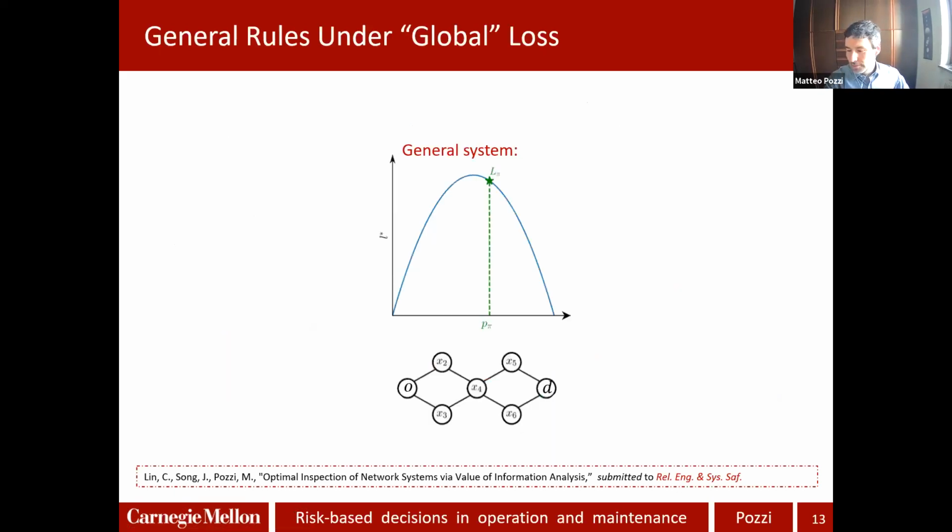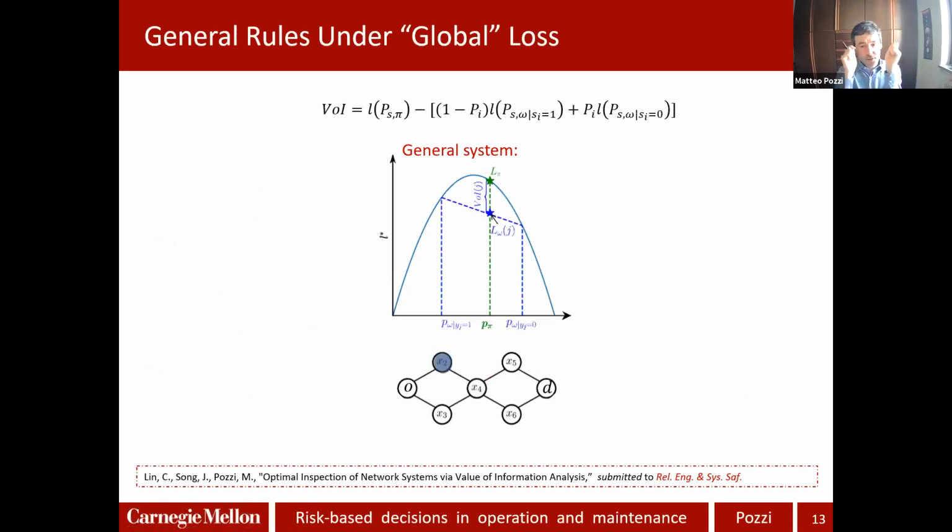A general rule that we have found is that if you look at the global metrics, that is again related to this probability of failure. So this graph is very similar to something that I showed you before. You have probability of failure on the x-axis and loss on the vertical axis. So for a general system, you have your prior loss, and when you are considering inspecting a component, your posterior loss can go up or down. So when you're considering two components to understand which one to inspect,